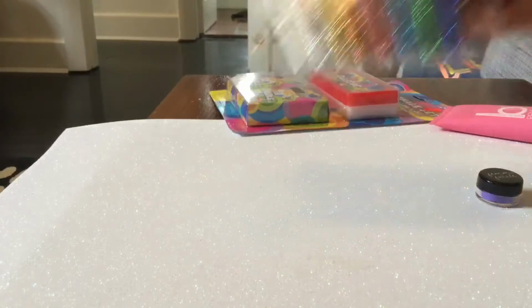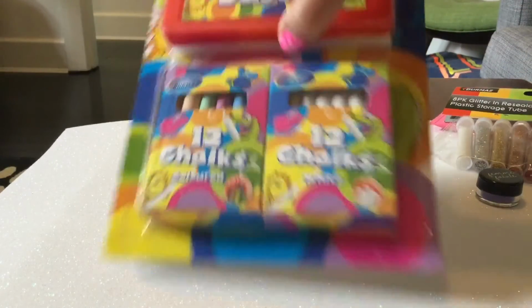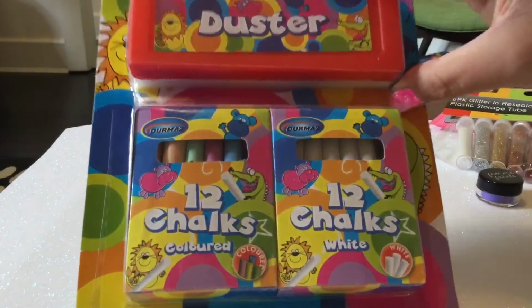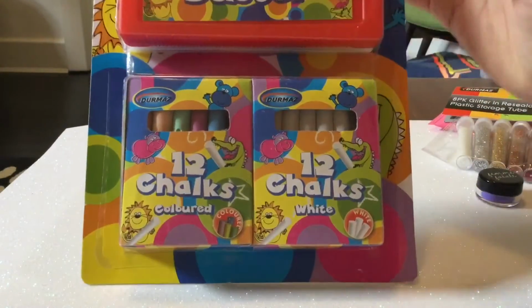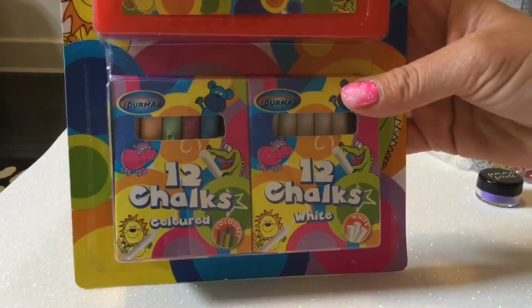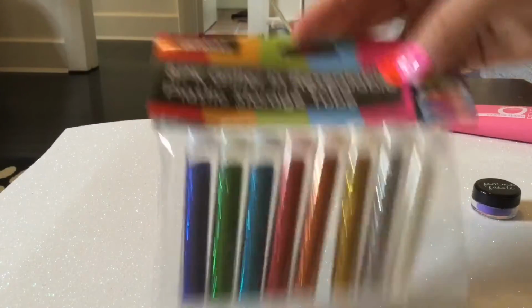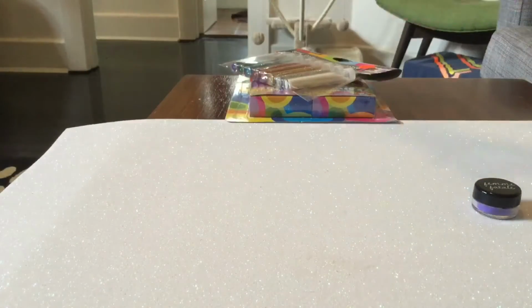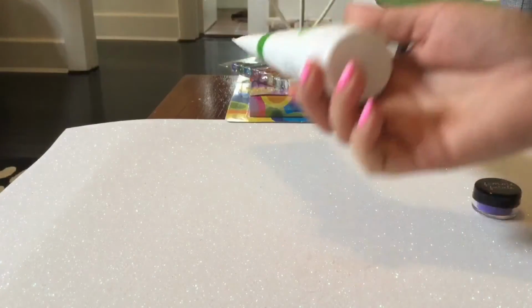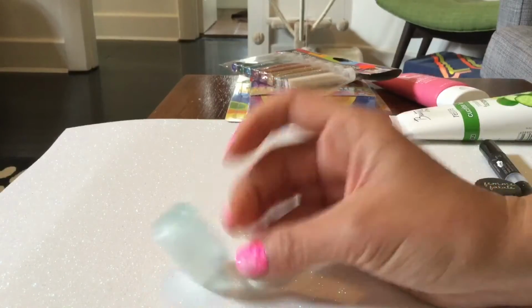And then I've got all these little tubes of glitter. Glitter's optional, it's not necessary, but you can add it in. And then I also thought I would try chalk and see if you can add chalk pigment to peel off face mask and if the color would be enough to show up on your skin. So yeah, I spent $12 in total this morning, $6 for the mask and then $6 for the glitter and the chalk. And I already had the cucumber peel off face mask